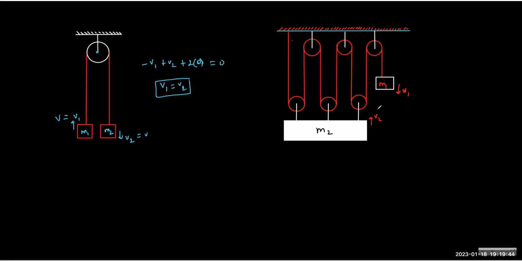So how many segments do you affect at once? The motion of M2 affects how many segments? Can you count the segments? Oh, 6. 6 segments, exactly. So it is going to shrink 6 segments, yes or no? Yes, sir. So it's done. Minus 6v2 plus v1 equals 0. That's it.